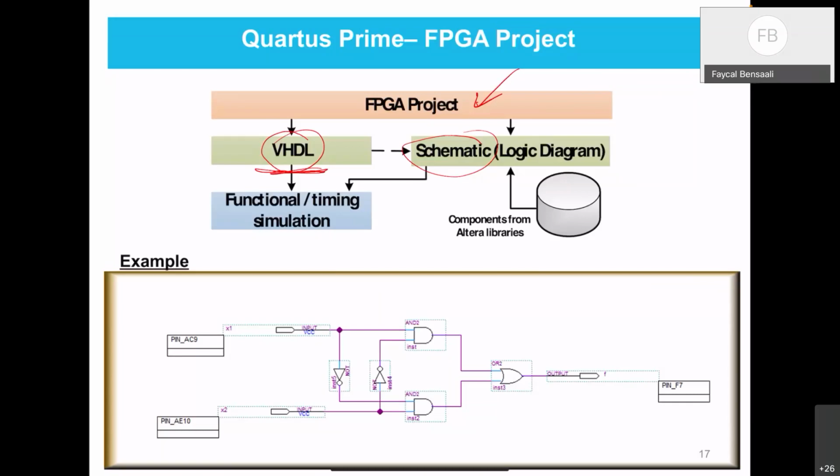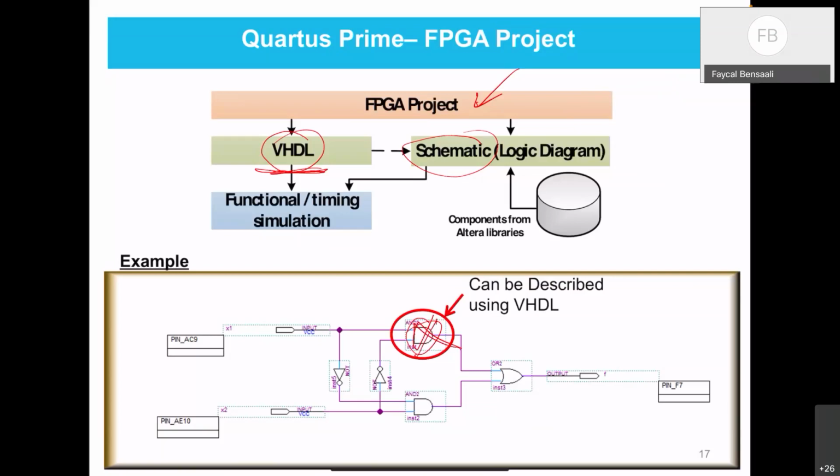What you can do as well, you can write VHDL code and do the simulation without the need of any board. The board is for the last step, to configure and to test on the hardware. So for example, let's say that this library doesn't have an AND gate. Of course it has, it's a simple gate, but you may need to use a component that doesn't exist in the library. In that case, you add a VHDL file, you describe your component,